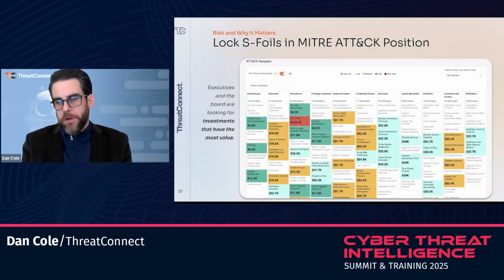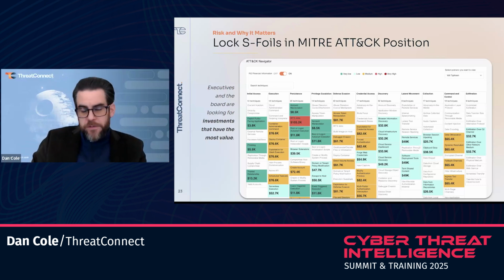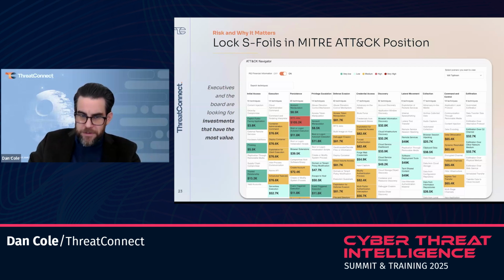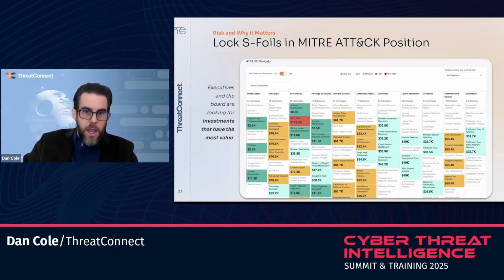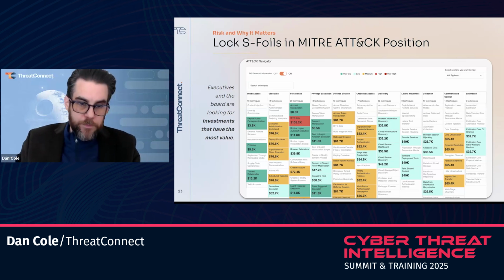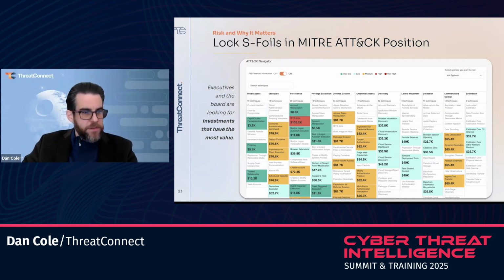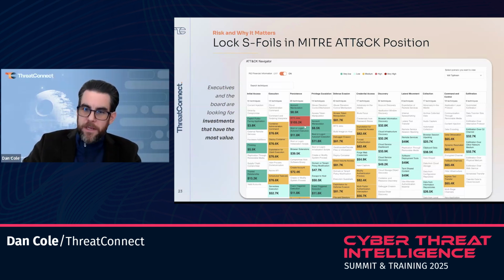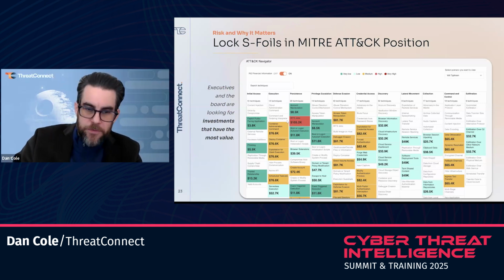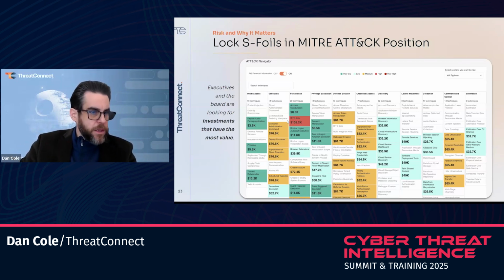So what does this actually look like in a real cybersecurity example? This is a screenshot from one of ThreatConnect's products called Risk Quantifier. And this is not meant as a sales pitch. It's just, I think, a really good visual. What we can do here is align cybersecurity objects, like the underlying things behind these different techniques, to loss information we know about your specific business. So we know that by not putting in the right controls, the right mitigations for BITS jobs, that's going to be the largest financial risk to the company.